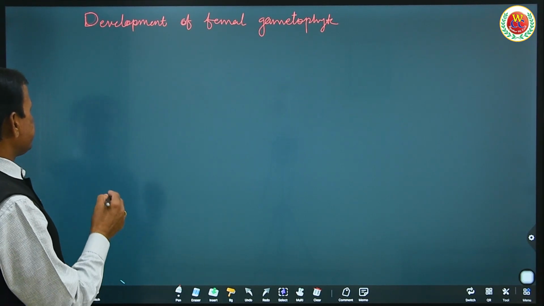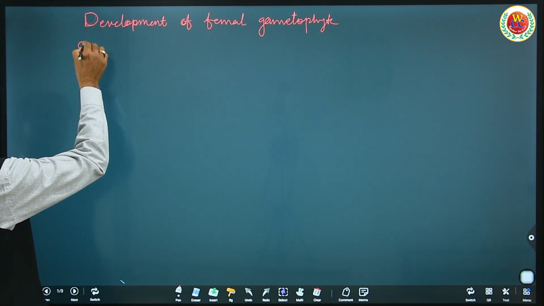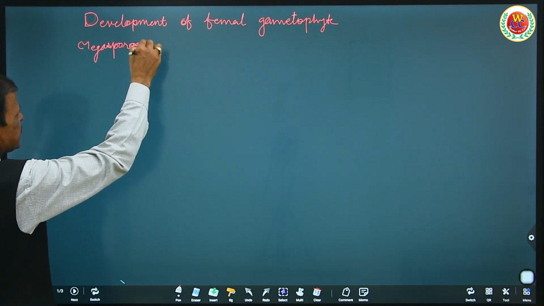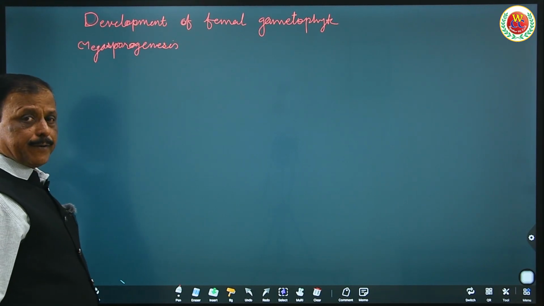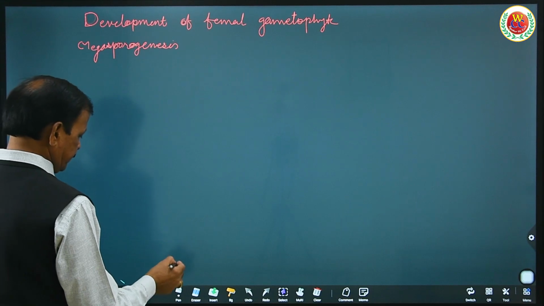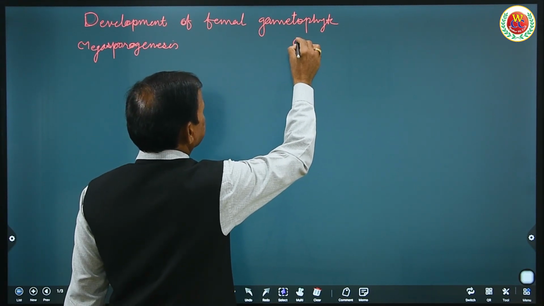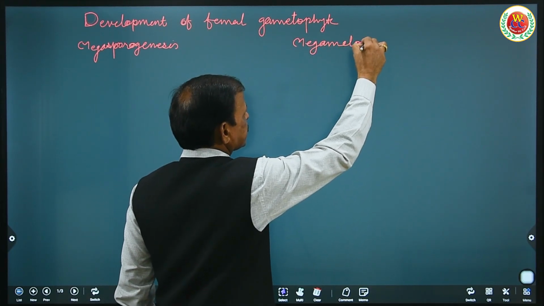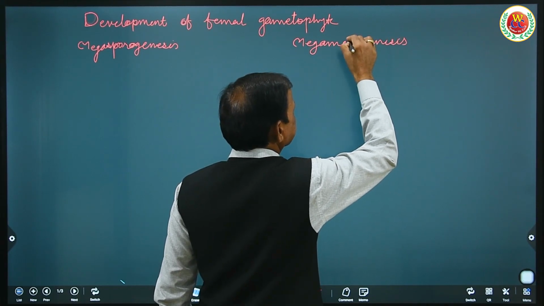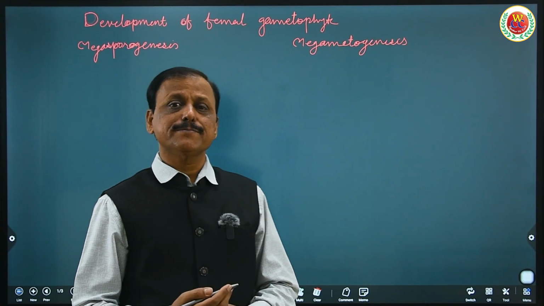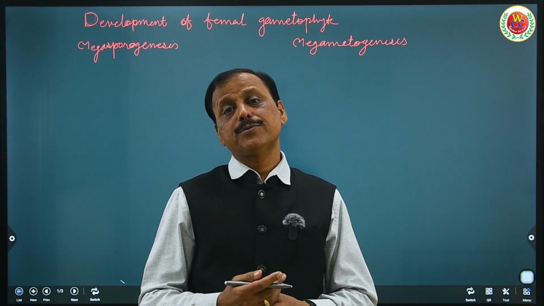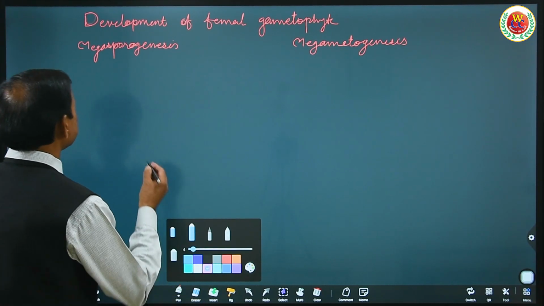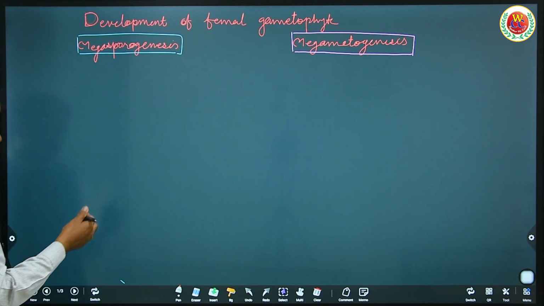It also occurs in two steps: megasporogenesis and megagametogenesis. As we learned in development of male gametophyte, that is microsporogenesis and microgametogenesis, the same we have to learn here also. So during this process